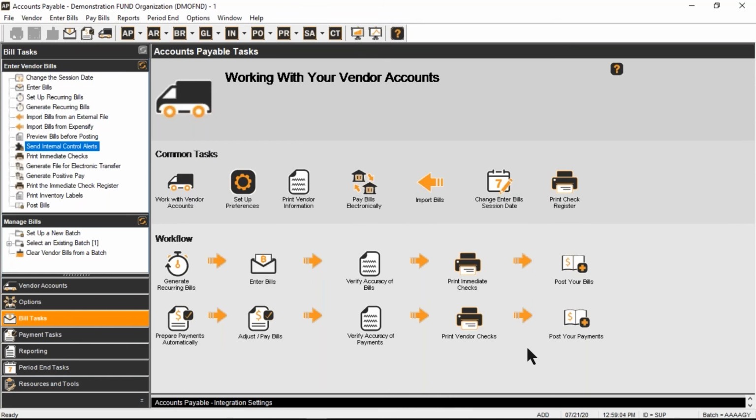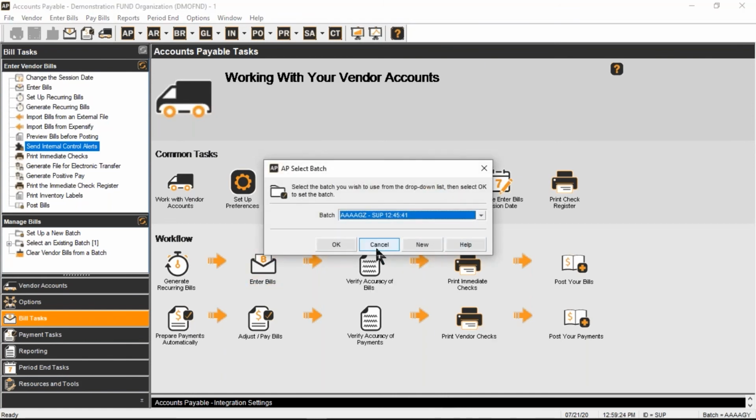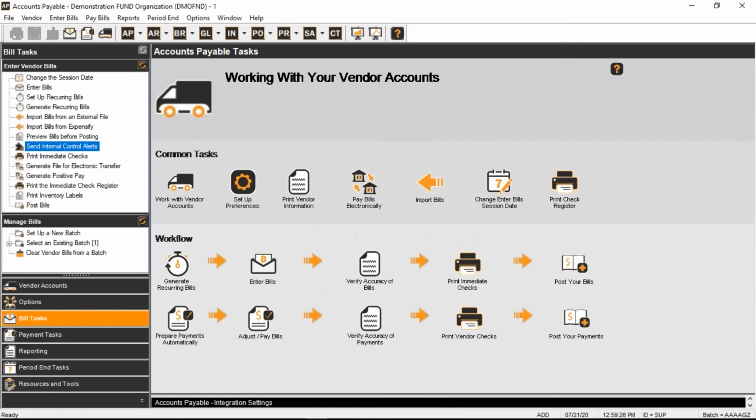Question, is there a way to check the total amount for a vendor in the enter bills if you are adding numerous invoices prior to the post bills? If I understand you right, you're trying to figure out how much those bills are going to increase the vendor balance. If that's the question, then not really. When you go in here to enter bills,